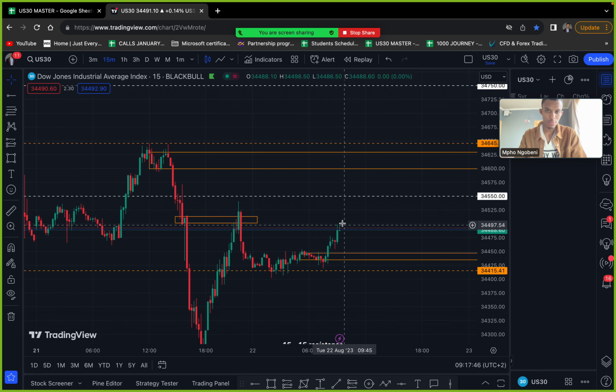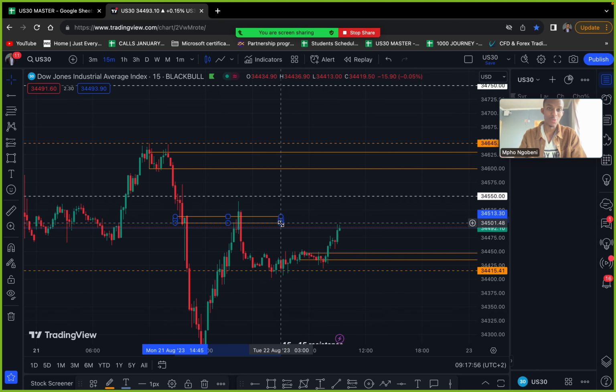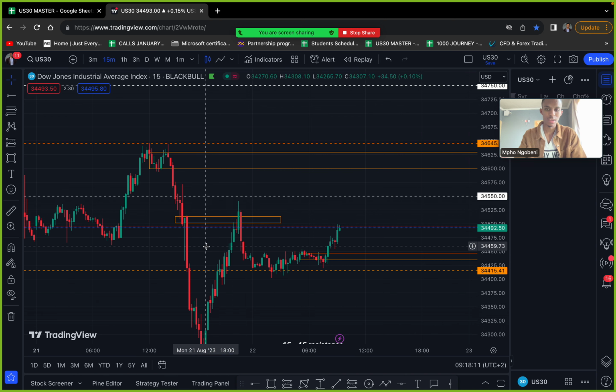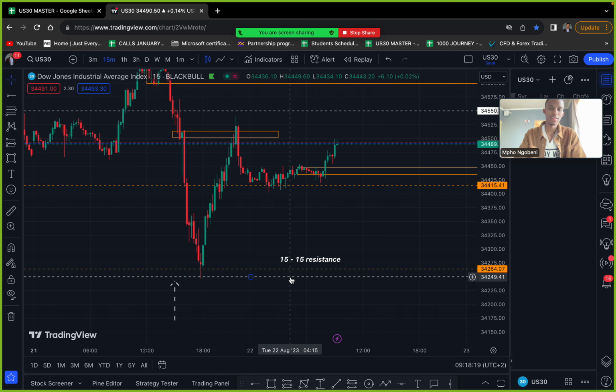And then we have no zones at the moment at this area. So we're going to break that place, unless it holds more than once. But there's a very high chance we're gonna break there, and then we might be approaching this zone. But as I said, watch out for the key level. Key levels are very strong. We kind of have two resistances, this one and that one there, and this one there. If it does come back for buys, and I think that's all. Thank you guys.